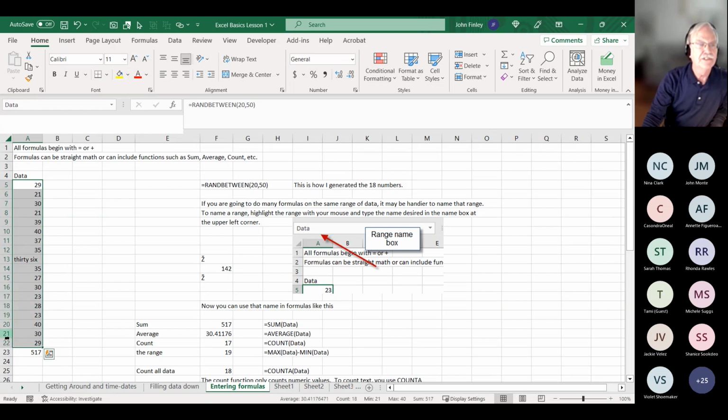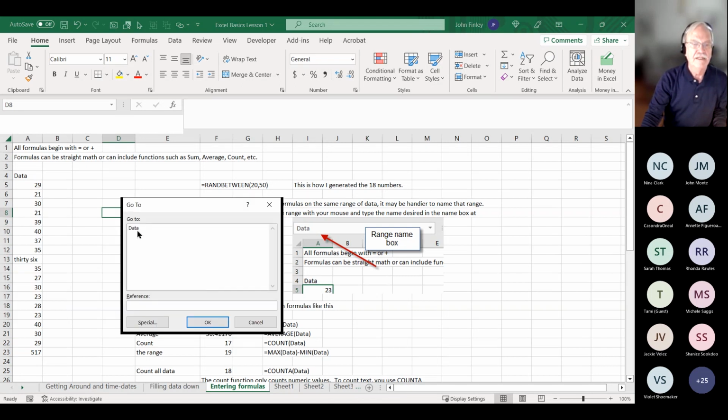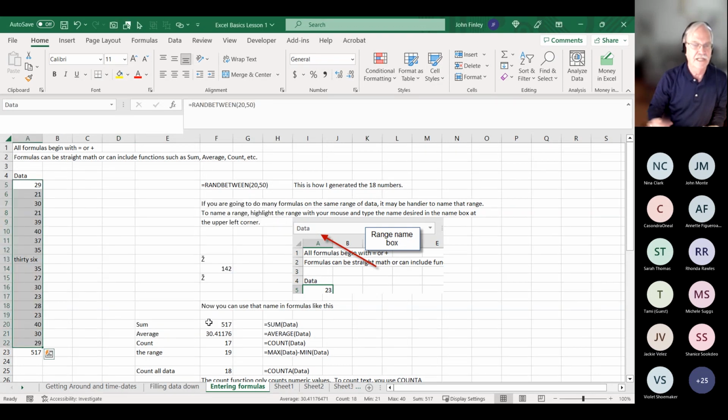If you highlight this, you look up here in this box up in the left, that's the name box, and it says that's data. If I hit Control G and notice the named ranges here and click data, it goes to that highlighted range. So now, rather than highlighting A5 to A22,